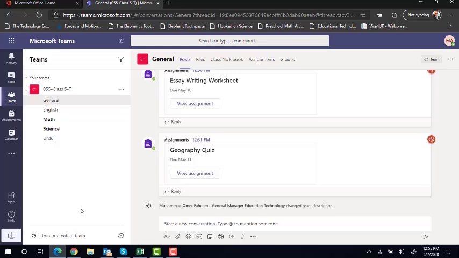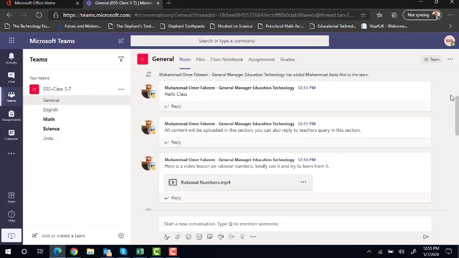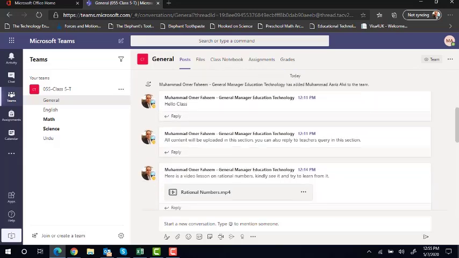Now what happens is, it is very similar to Facebook. Now I am a student of class 5T, my child, so this particular environment is called the LMS environment. I am currently in the post section. If you could see, there is a scroller over here, and I can see different messages sent to me by my teacher, and my teacher has sent me hello class. He has given me notifications.